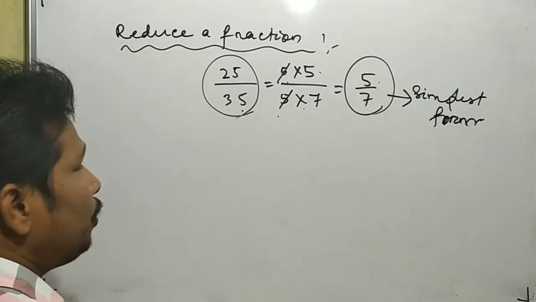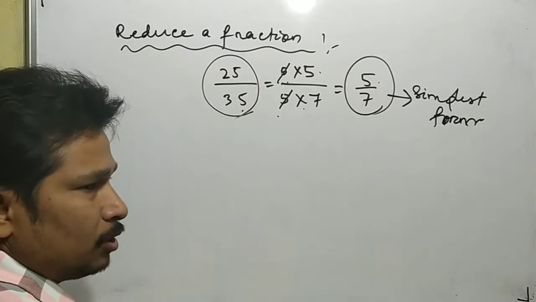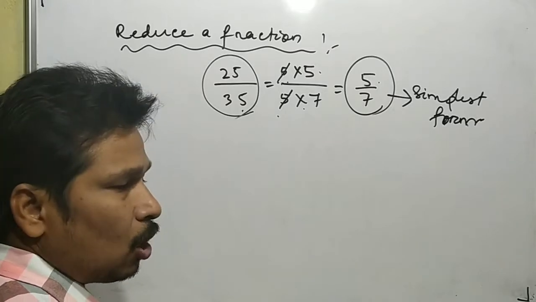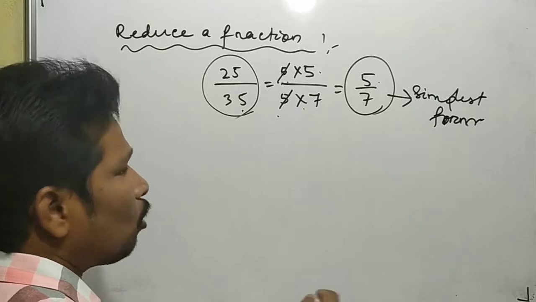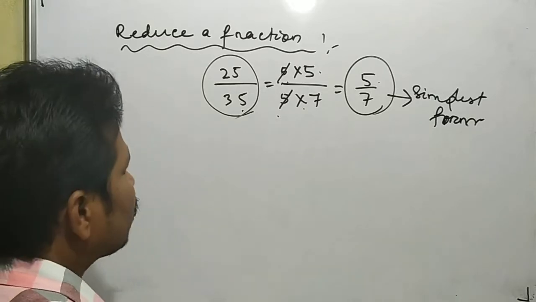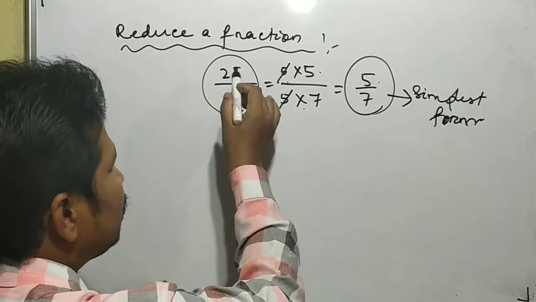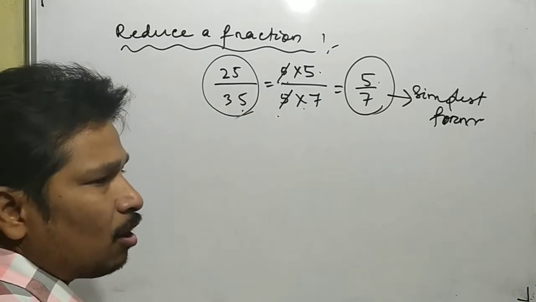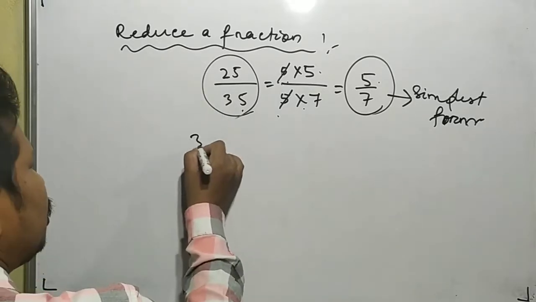We can also use the divisibility rules here. What is the divisibility rule for 2? What is the divisibility rule for 3? We have already learned these in class 5 as well as 6, so we will not go through them again here. We will only use those rules to find out whether the numerator and denominator are divisible by the same number or not. Suppose we take another example.